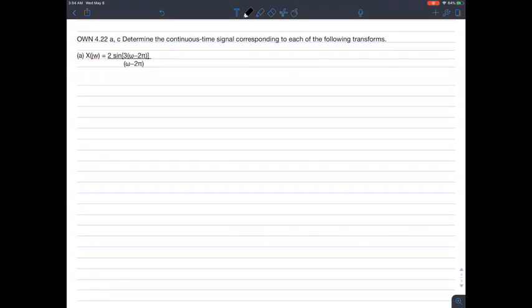Alright, so our next question comes from OHM 4.22a. Determine the continuous time signal corresponding to each of the following transforms. So it wants us to determine the continuous signal, x of t, and we're given x of j omega. The first thing that pops in your head is the equation x of j omega times e to the j omega t d omega, right? But if you actually look at your cheat sheet formula thing,